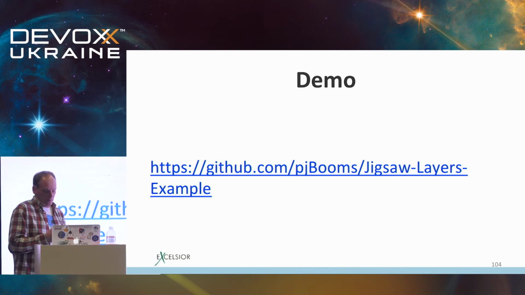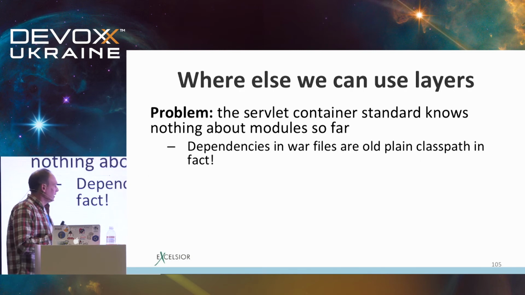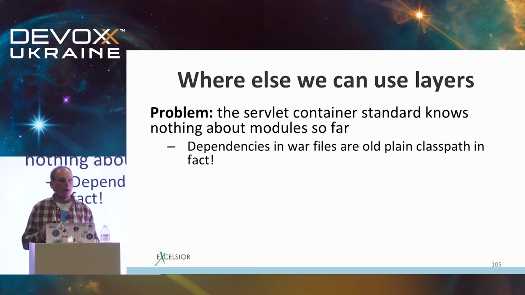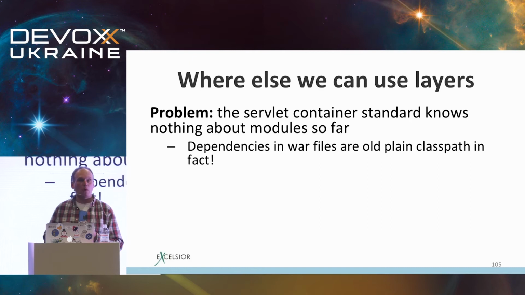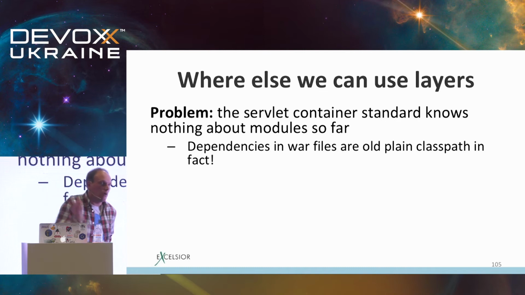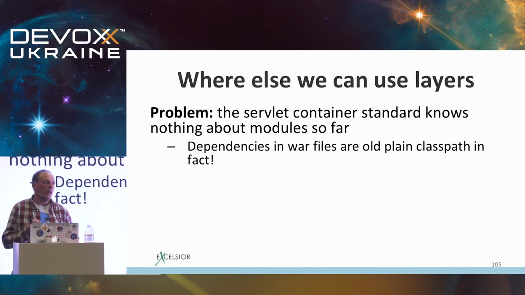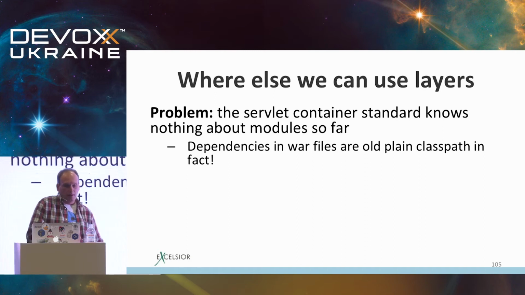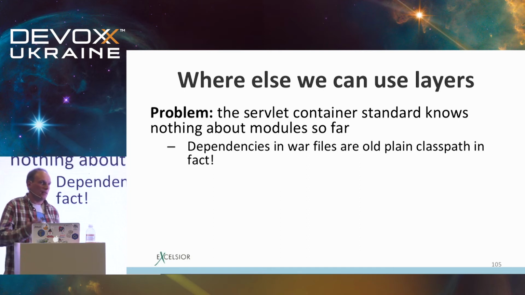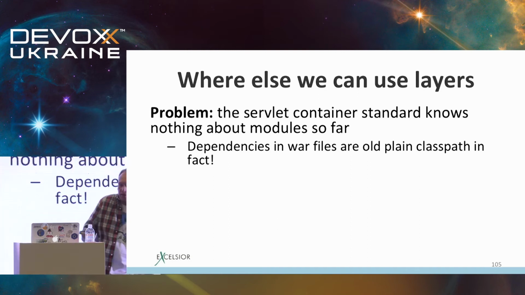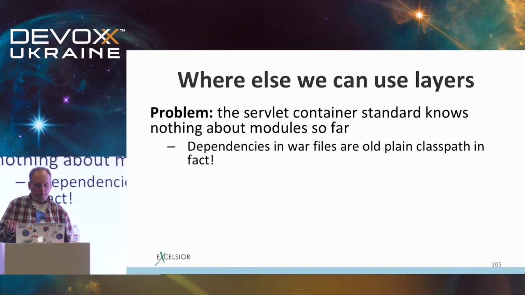So you have just seen a simple console application, but today Java is used mostly on the server side. However, on the server side, we have a problem that application servers aren't aware of modules. So if you develop a server-side application that you deploy to Tomcat, for instance, you just cannot tell Tomcat where your modules are. What does it mean? It means that you cannot benefit from Jigsaw on the server side.